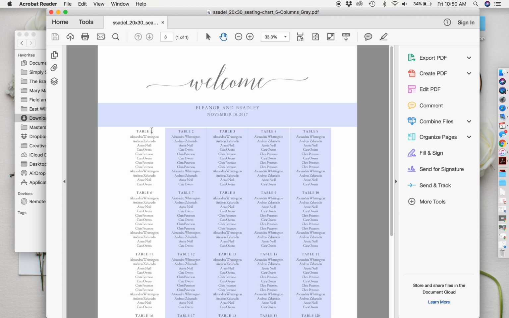Let's say I want to change table 1 to head table. I can simply highlight the text here, type out head table, and now I have my head table. And if I want to change out the names, Mr. Tom Jones,